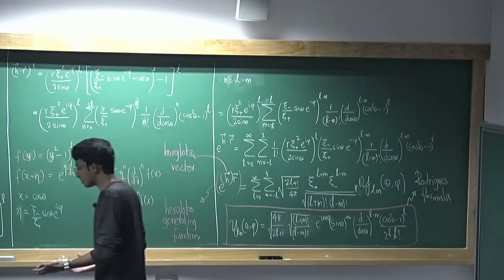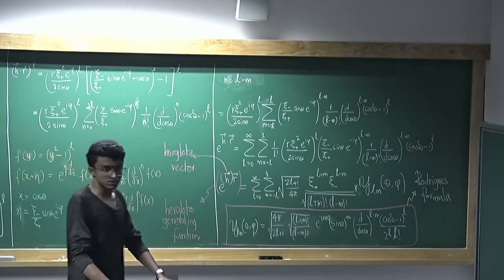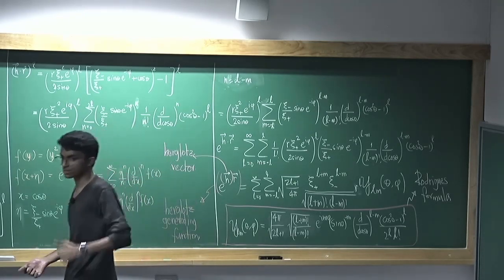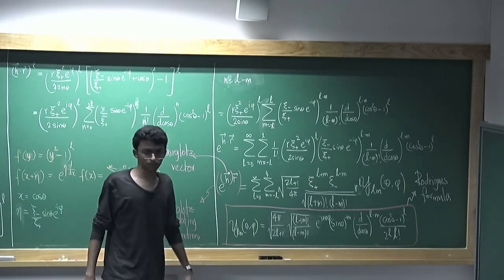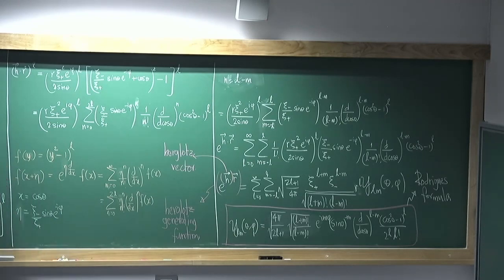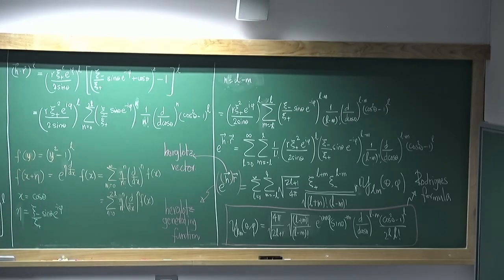But you can meaningfully ask, if you take R3 minus the point at 0, then what are the solutions of the Laplace equation? Then you would have to include this 1 by r to the l plus 1 P_l. But there is a very neat trick to get that 1 by r to the l plus 1, which I'll put in my notes, and you can also read about it in Schwinger. The neat trick is inversion. So the Laplace equation is symmetric under